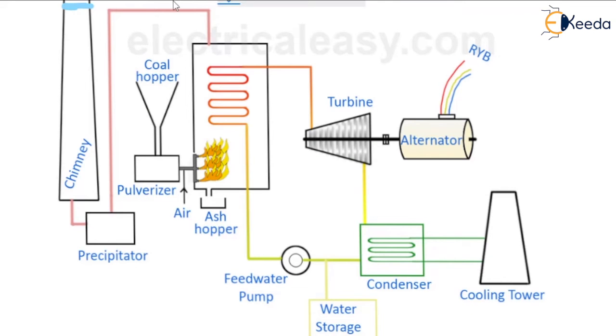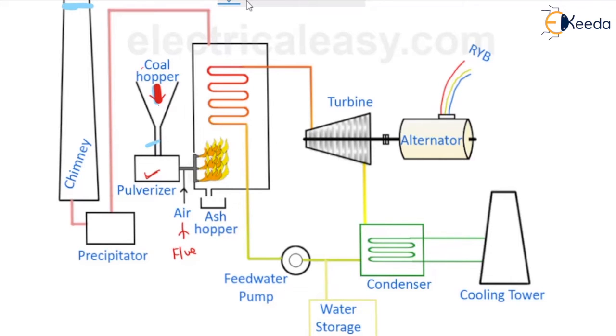So guys, we have this common view of the thermal power station in which you can see at one point this is the coal hopper, in which pulverized coal has been given. This is the pulverizer, where the pulverization occurs, and this is the air. This is where the flue gases enter. Before coming to the combustion chamber, the proper mixing of this pulverized coal and air takes place.